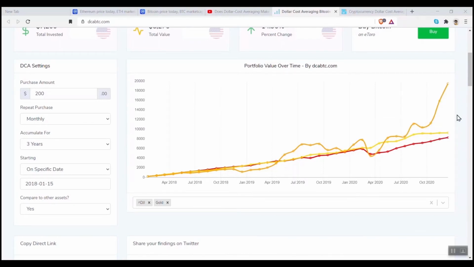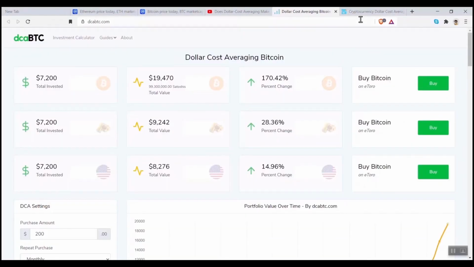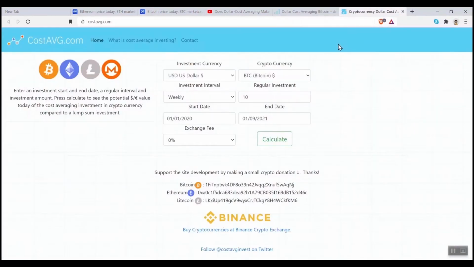Moreover, if you imagine that the Bitcoin price could potentially get to 50K, 60, and maybe at some point $100,000 per coin, the gap gets wider and wider, and there's more of a compelling argument in favor of Bitcoin. At some point, I imagine they will incorporate Ethereum and possibly Litecoin and other assets. If we move along to costavg.com, Ethereum, Litecoin, and Monero are there as well.